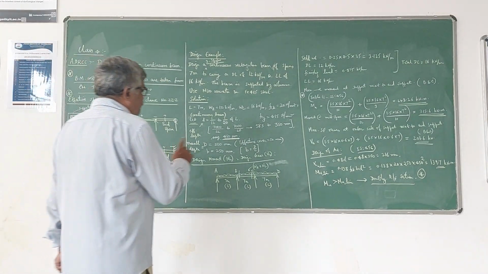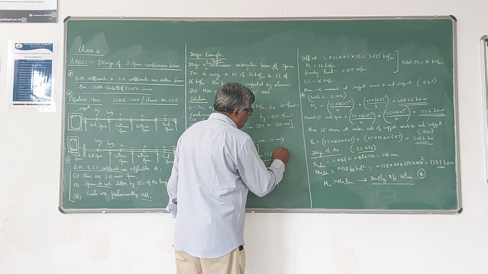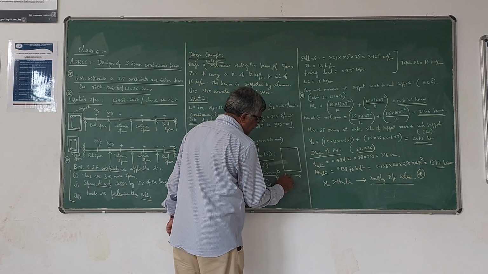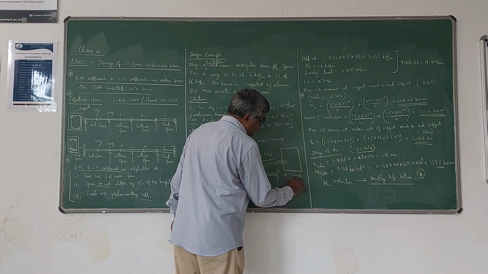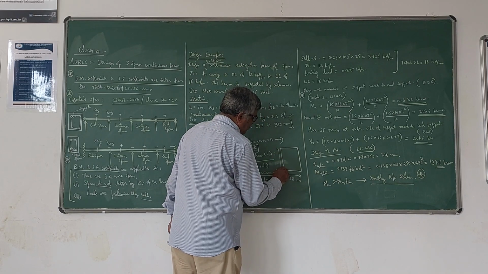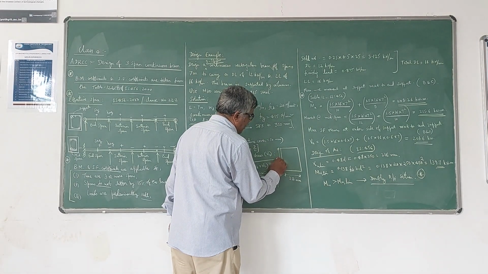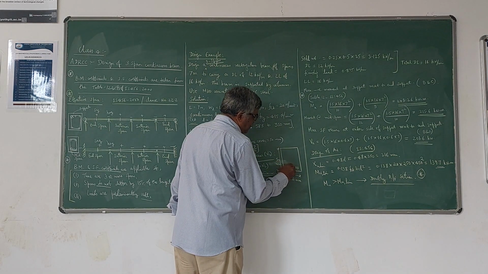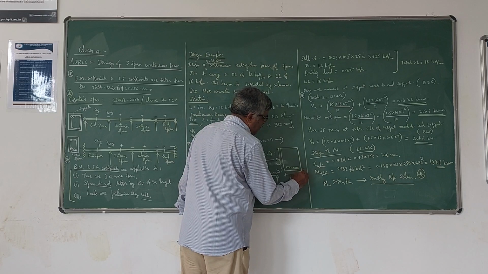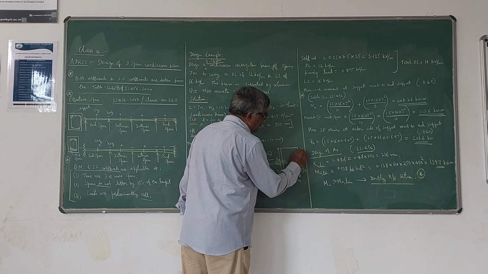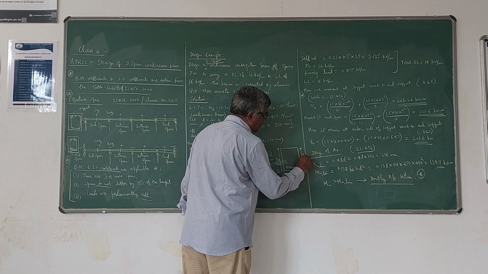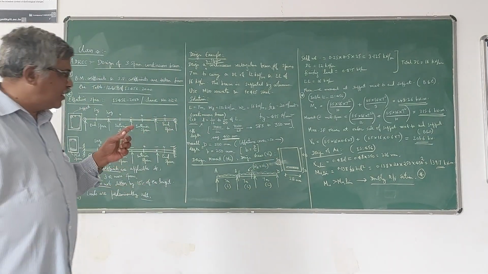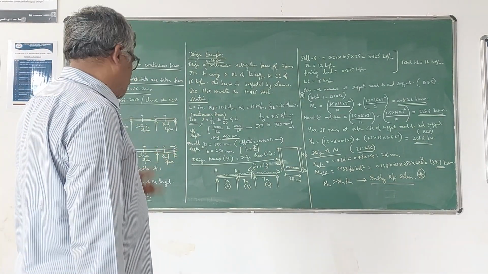Now we are taking the beam, a rectangular beam of size like this. This is 250 mm width and 500 mm overall depth. And effective depth, if you provide reinforcement here, the effective cover will be 50 and effective depth will be 450. So this is the cross-sectional area of the beam proposed.